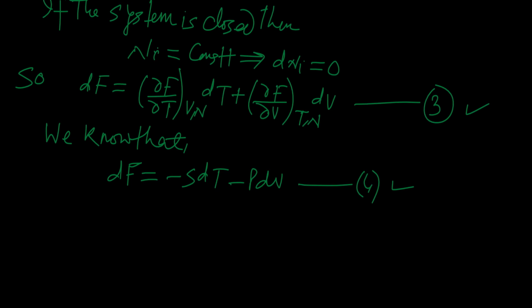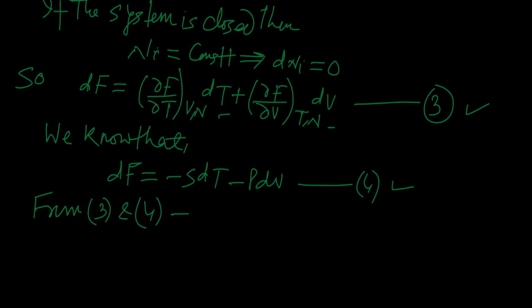The equality of these two equations implies that the coefficients of dT and dV in both equations will be the same. So equating the coefficients from 3 and 4, we may write